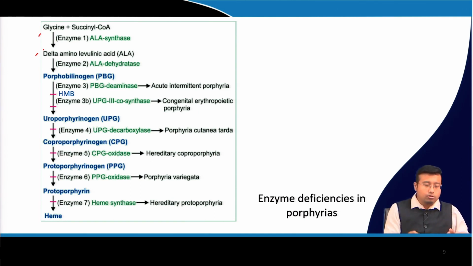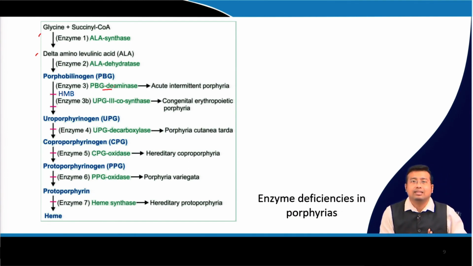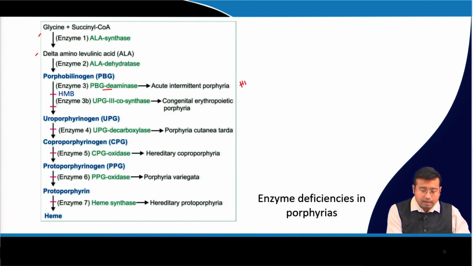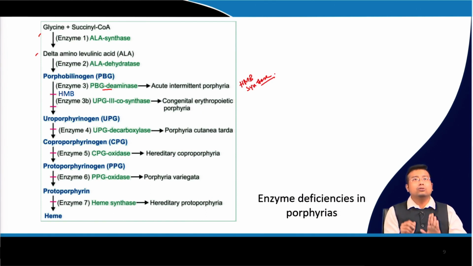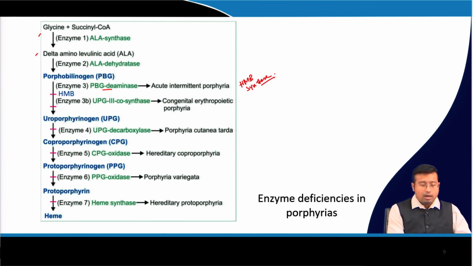It is caused due to the deficiency of the enzyme porphobilinogen deaminase or hydroxymethylbilane synthase, HMB synthase, same enzyme. The deficiency of this enzyme leads to acute intermittent porphyria,